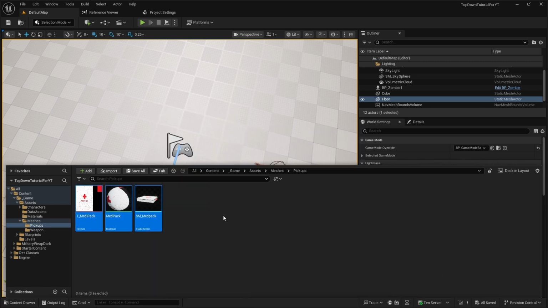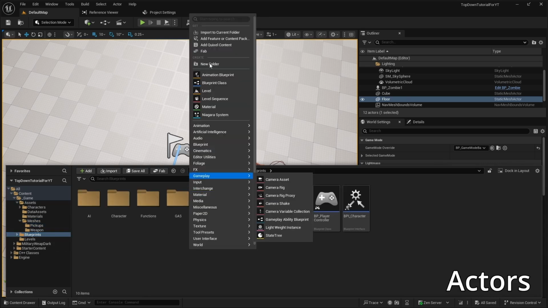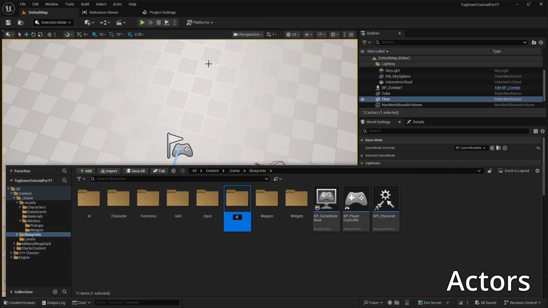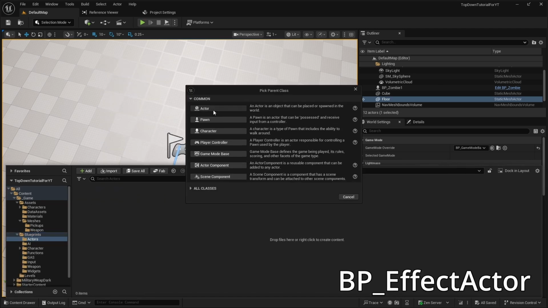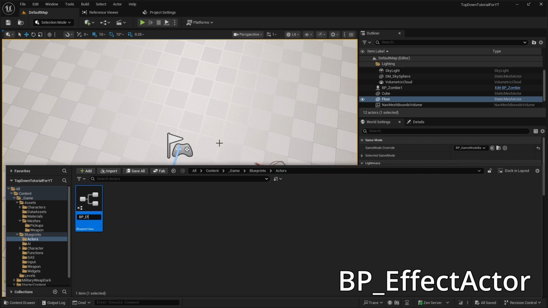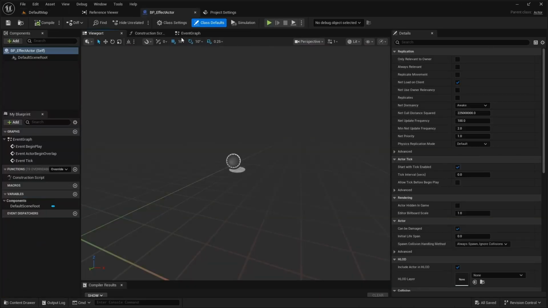Now it's time to start working on the blueprints. Open the blueprints folder and create a new folder named Actors for all common actors. Open that folder and add a new actor blueprint called BP Effect Actor. Open BP Effect Actor